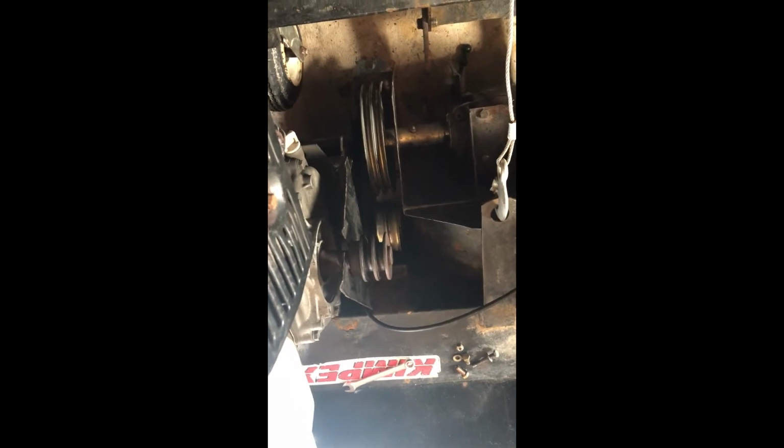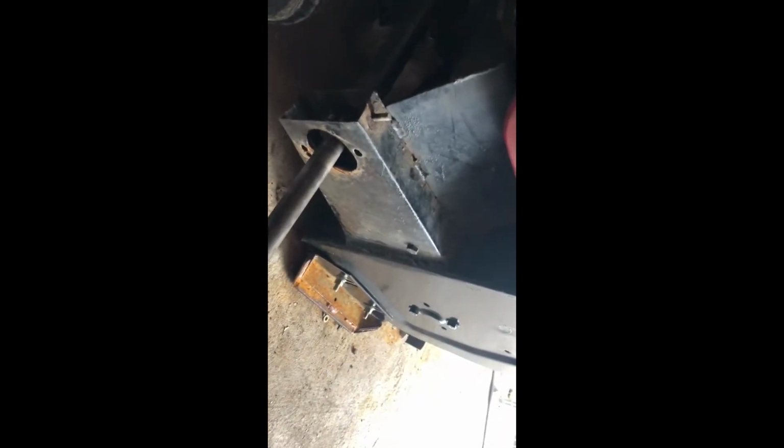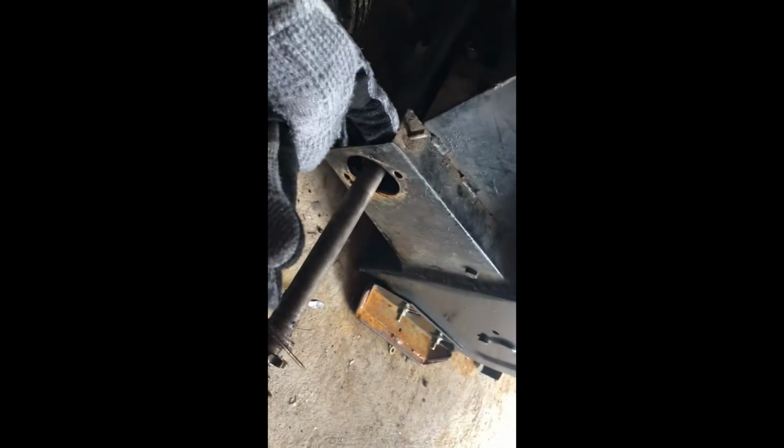So the first thing I did is I took the cover that was on top of the belts over here, and then on this shaft there were some bolts that I took apart. I just took those out, and after that I took the cover at the end of this shaft, and I was able to access the two nuts inside of here in order to be able to take that shaft out. So I took the two nuts out, took the bearing out,